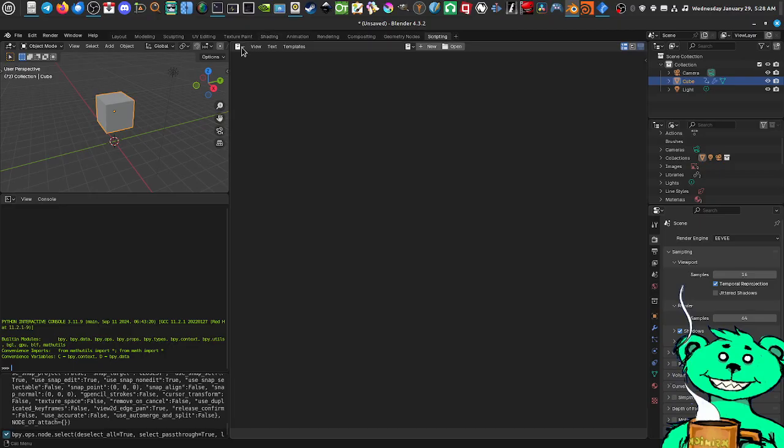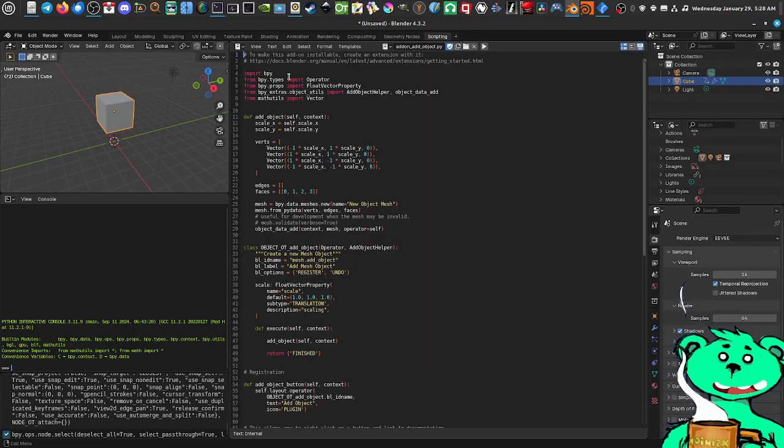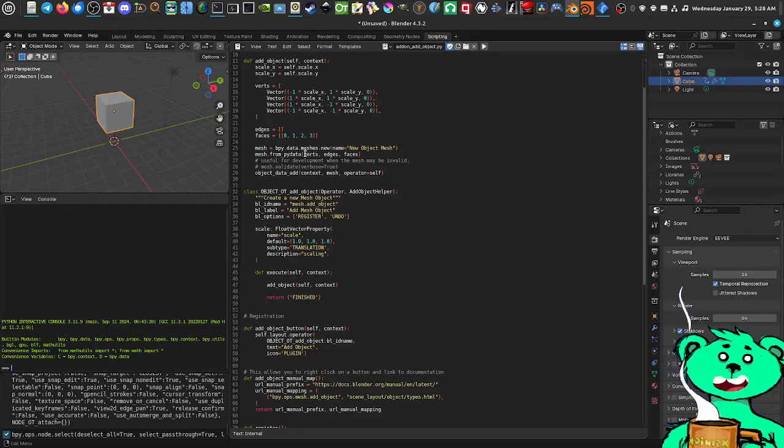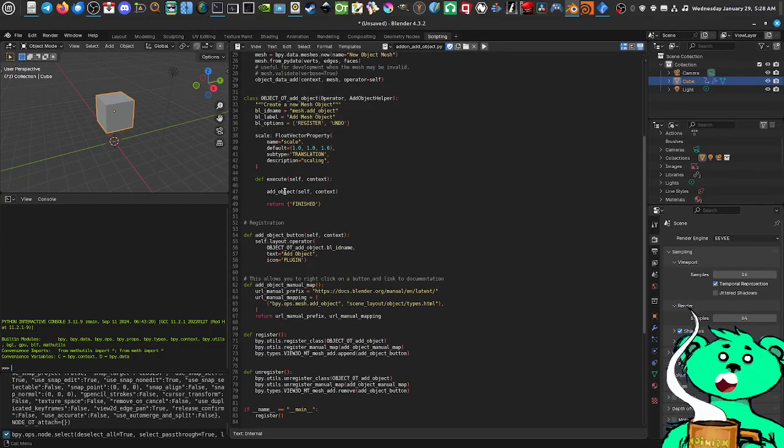So there are different templates in it to get you started, like add object. If you click on that template up here, this is where you would type your Python script if you know Python and that kind of thing. We may touch this just a little bit. I'm not a heavy coder, but